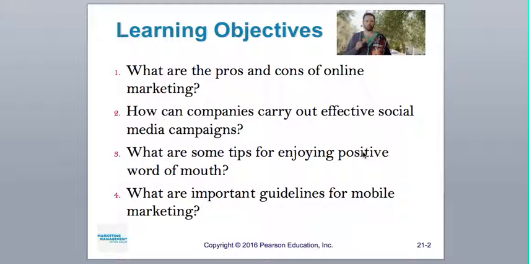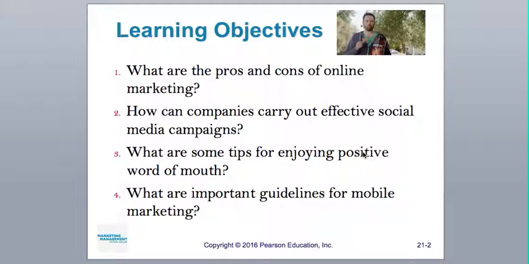Here are the objectives, and this is always a good place to start. And the reason is, as a decision maker, you're always looking for pros and cons. What are the strengths or weaknesses, the trade-offs? If I do this, I can't do that. What are the weaknesses of this strategy or this tool or this media? That's just always where you want to start. It's no different than making a decision about whether to buy one product or the other. It's a list. It's an analytical approach.